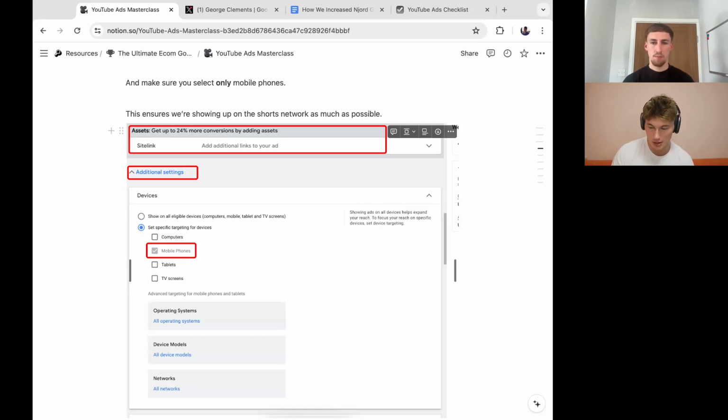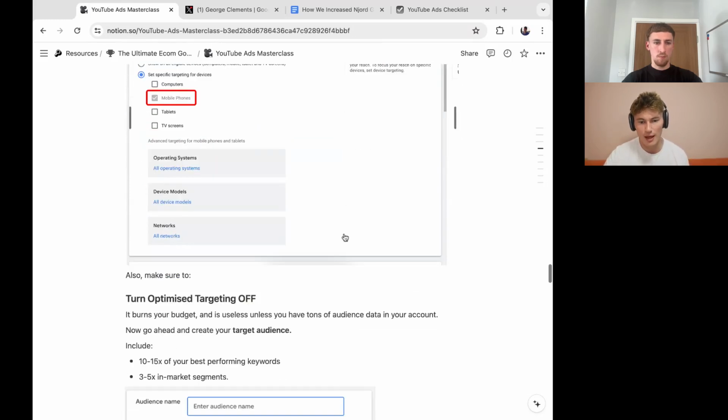But as I mentioned earlier, YouTube is incentivized to give the best viewing experience possible. So if you select mobile phones only and you're running creative that is mobile orientation, then YouTube is not going to play that on a computer, on a TV screen, or on a tablet. It's going to play that on mobile phones. And because it's playing on a mobile phone, 90% of people who are watching YouTube on a mobile phone are watching Shorts. So it pretty much guarantees that 90-95% of your creative will be shown on Shorts, and that has been the case for all of our clients that we've run it for, because there's not really going to be any other way. So that's what we recommend.